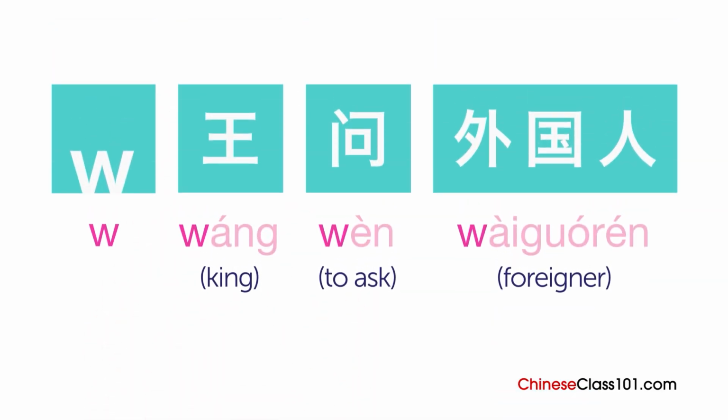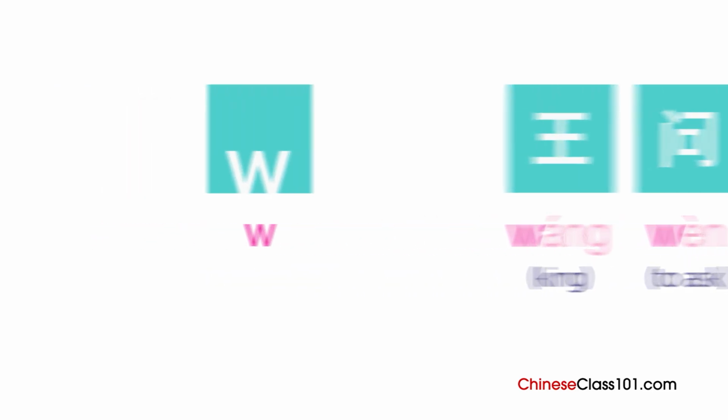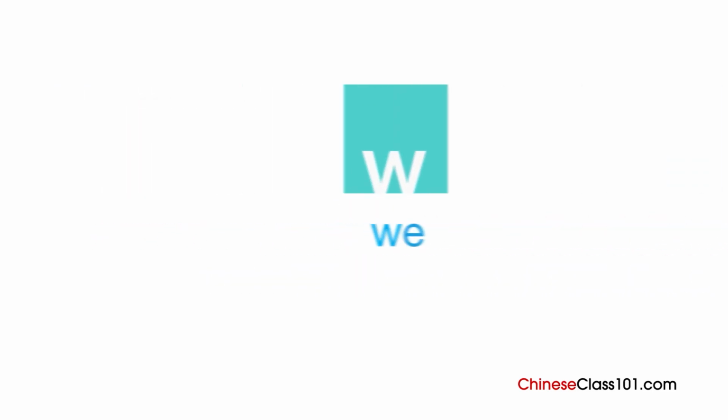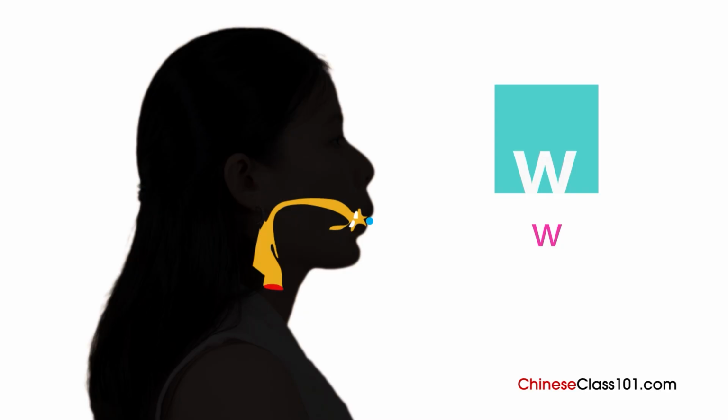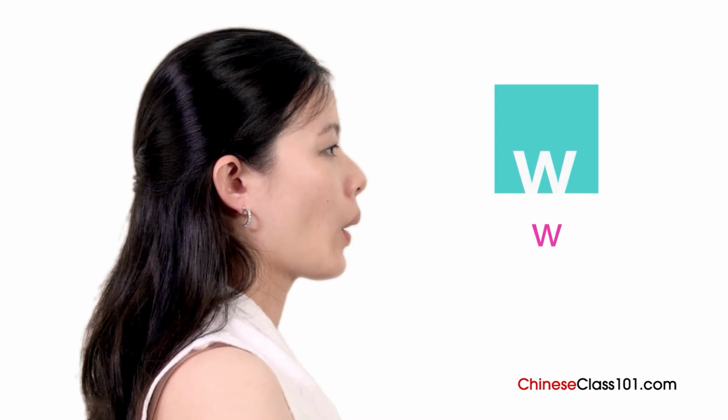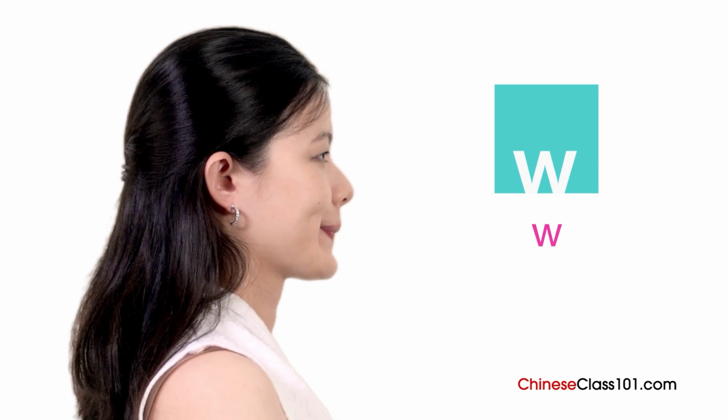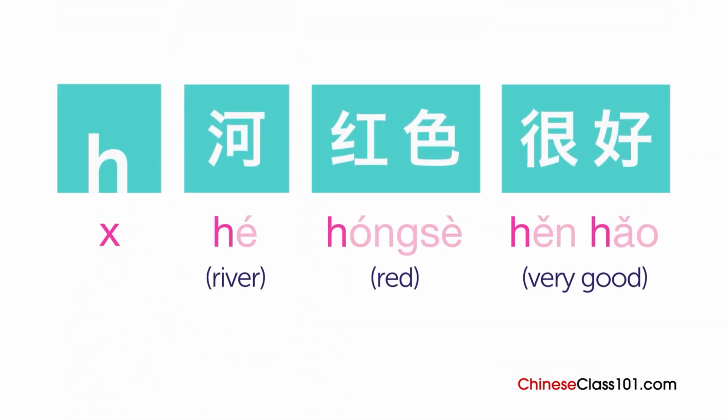The next consonant is w, 问，王，外国人，like the W in the word we. 问，问。 The next consonant is